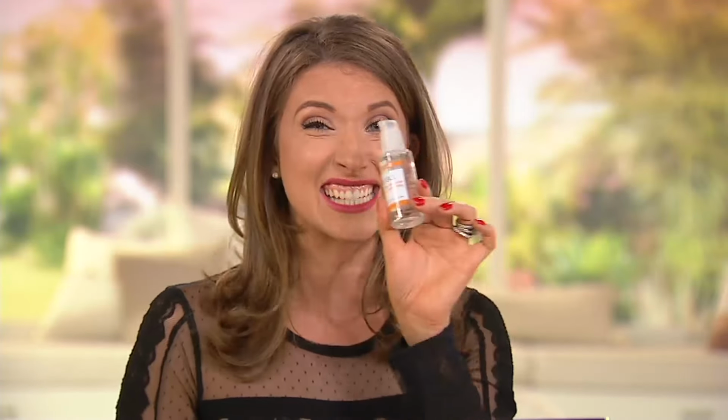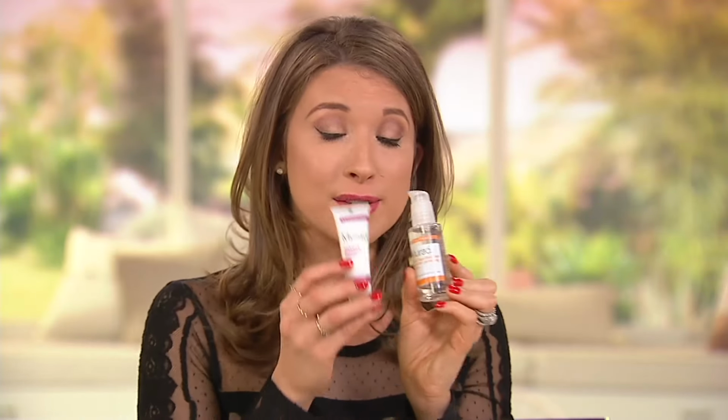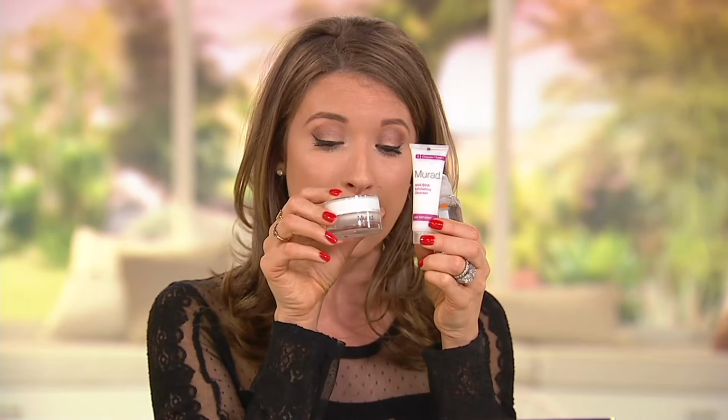So if you're looking for that system that's got dramatic results in the short term, but in the long game as well, this is something to consider bringing home, because what anchors this is a $65 value with that Rapid Age Lightening Pigment Serum. You're also going to get the exfoliating cleanser as well. You're getting the eye treatment, which is about a 30-day supply, and we're also going to give you the Invisibler,